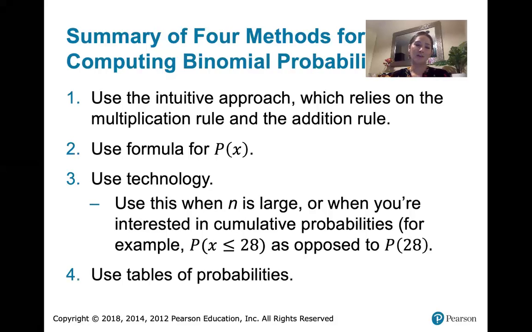And then worst case scenario, you can use tables of probabilities, but you have some restrictions. You can only use a table if the probability you're looking for is one of the probabilities listed in those columns. You can only use a table if the number of trials that you're looking for is part of your table as well. Now, when you take an exam over this material, you'll have access to this sheet,